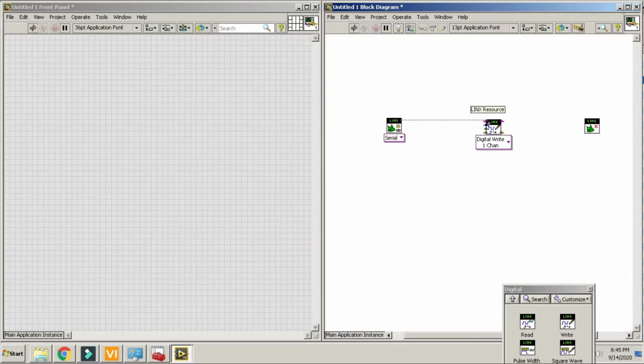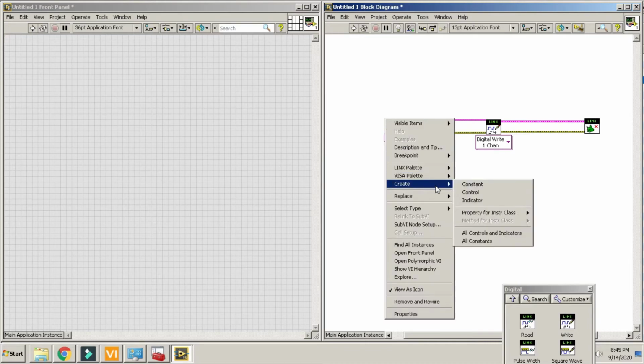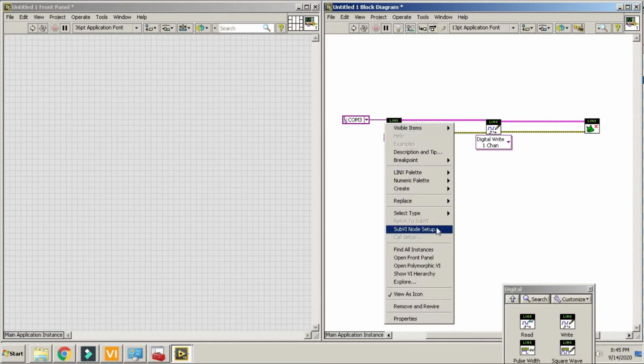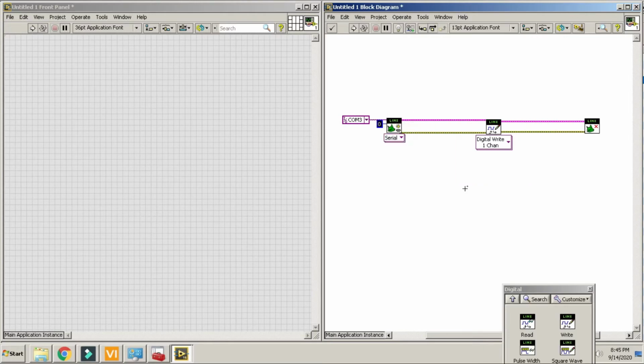Just connect these pins, and over here you have to create a constant for your COM port. It gives you COM port 3. Here is the baud rate. The baud rate of Arduino Uno is 9600.